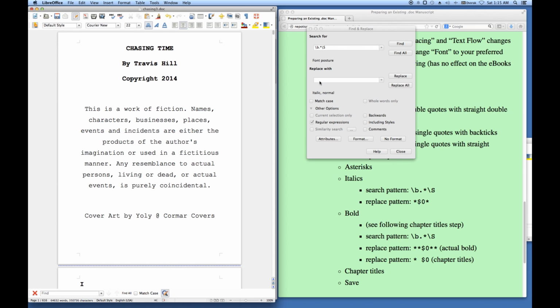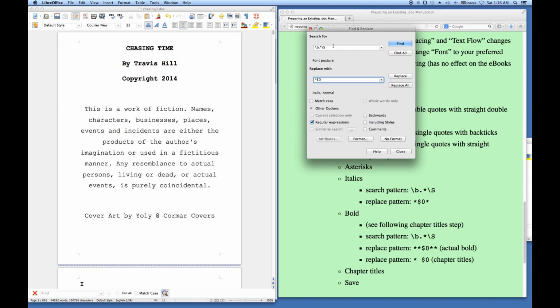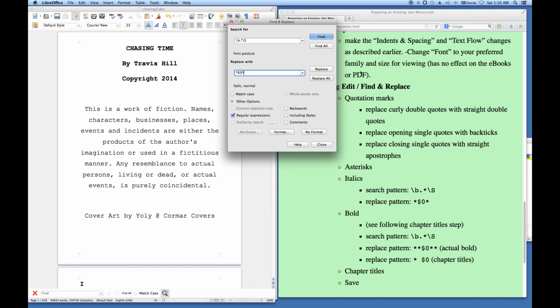What do we replace it with? Well, we want to put asterisks around the italicized word or phrase. So I type an asterisk. Now, we don't want to delete the word or phrase we found, so we type a $ sign followed by a 0, which stands for whatever this pattern found. And then we want an ending asterisk after it, so that's what we replace it with. And that's right here in this